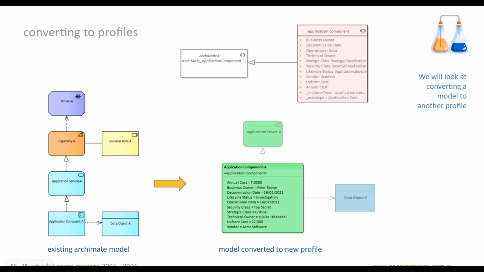Someone's got an existing Archimate model. Now, they may have been working with Archimate 2 and then version 3, and they've got a model. We've deliberately just used driver A, capability A. It makes it much easier for our test beds to work. So we've got this model,